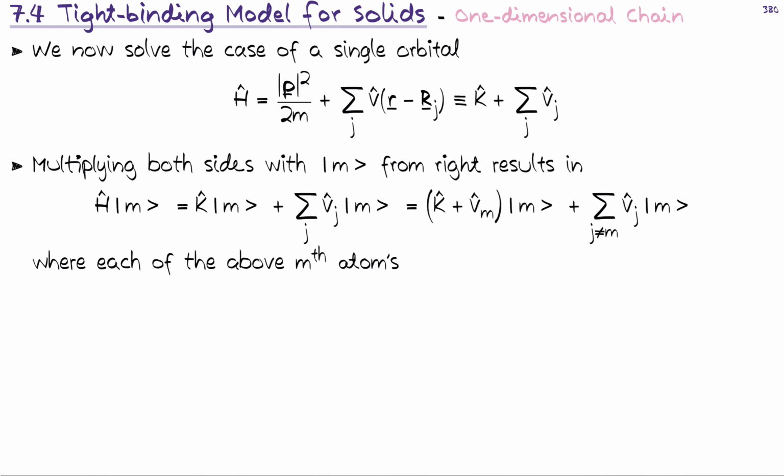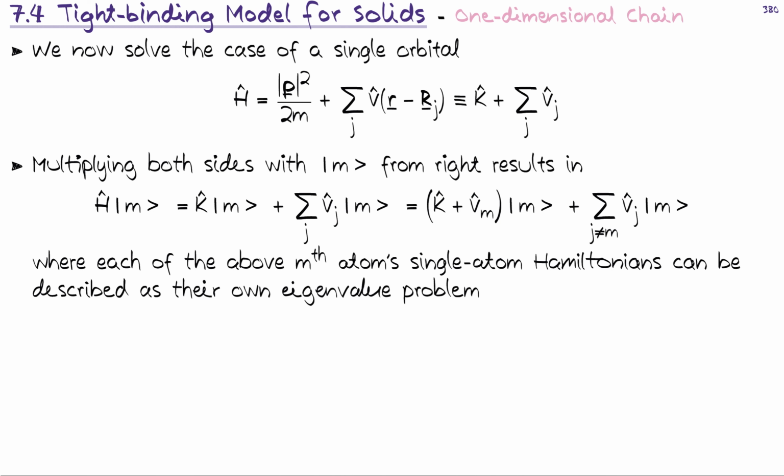And why do we do this? Physically, the first term that we have here corresponds to the Hamiltonian of the nth atom, like a single atom Hamiltonian. So essentially, this looks like something where we would have a single atom in free space and calculate the energy states of that. We would solve the Schrödinger equation for a single atom and for this single orbital case, and that would solve that first term. And this is of course nice because we can solve this easily.